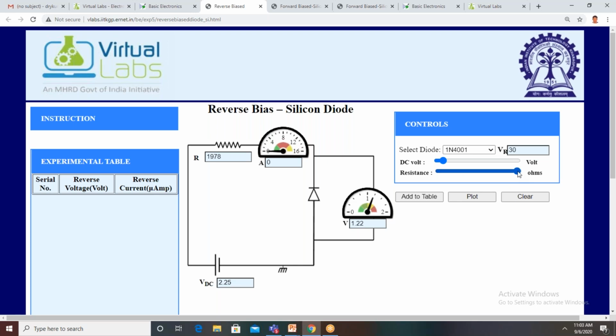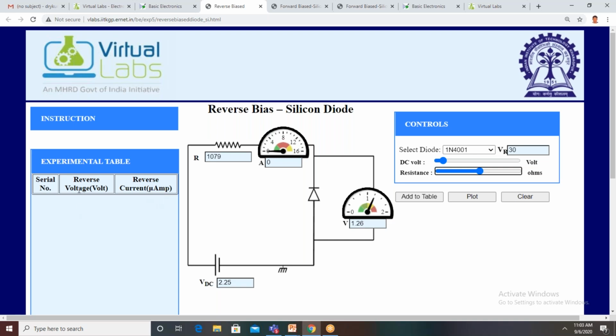Normally under reverse bias condition, only the leakage current flows through the circuit. There is no majority carrier current, only minority carrier current is flowing. That theory part will be explained by your respective teacher; I am not explaining the theory part. Here you choose the resistance value first, maybe 1500 or 1000, because in the reverse biased condition the current is minimum, in microamperes.